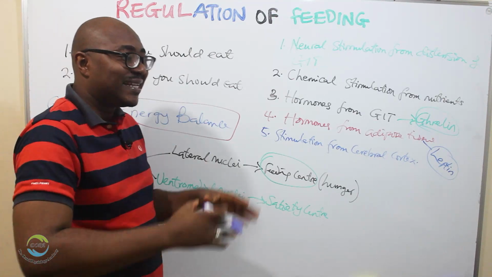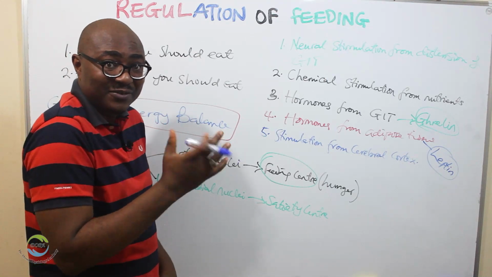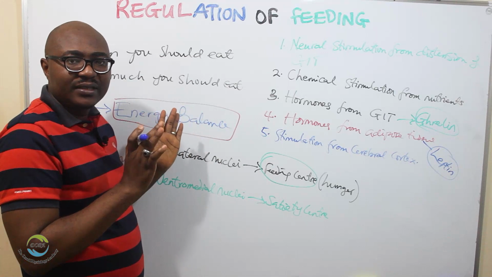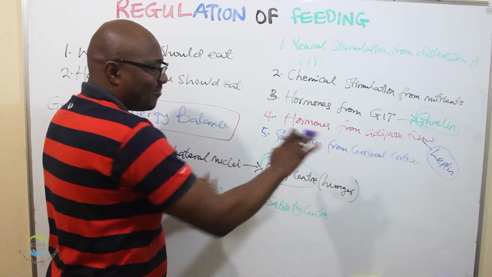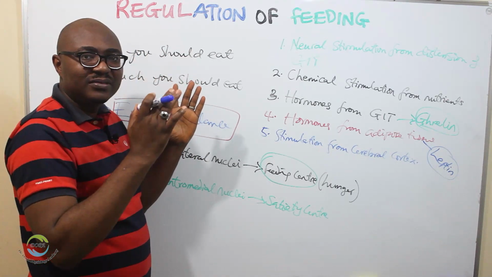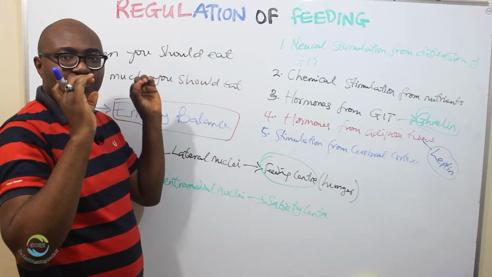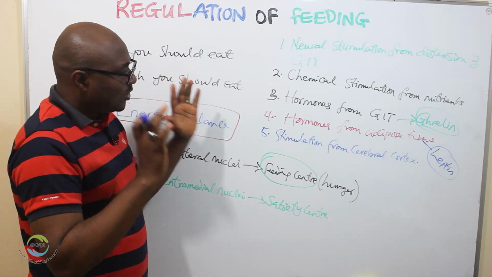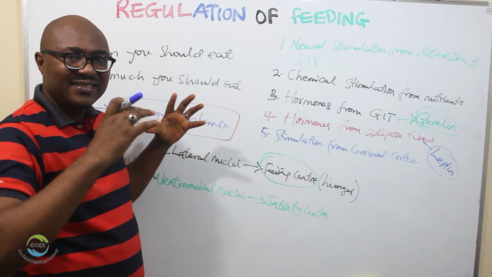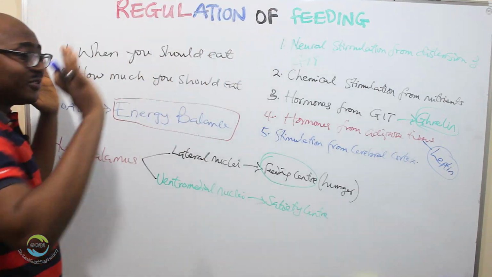The same thing, there's some certain smell of food that sometimes makes you feel like vomiting. I'm sure you've experienced it. So it suppresses your feeding. This is how it comes from the cerebral cortex. The smell of food, taste of food, and thought of food can influence how much food you eat at a particular time. So these are the different ways in which the body controls and regulates how much food you take. It's very straightforward, very easy regulation of feeding.